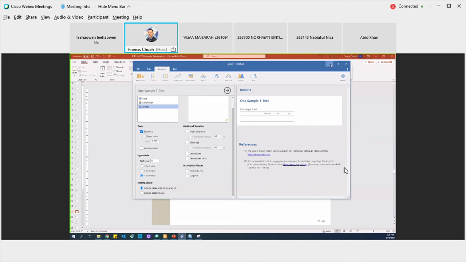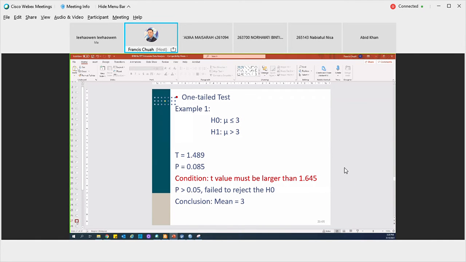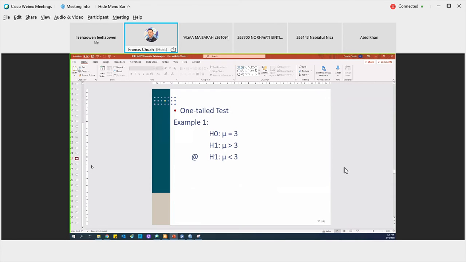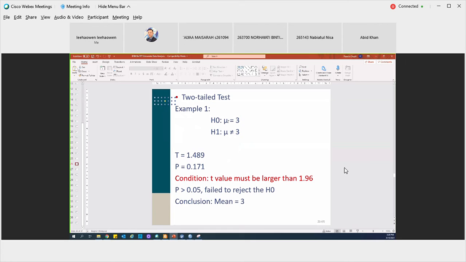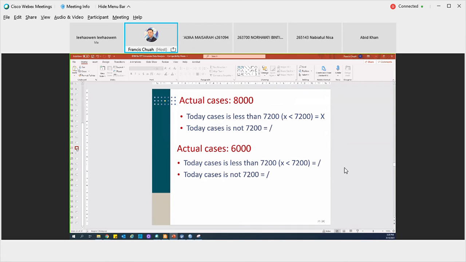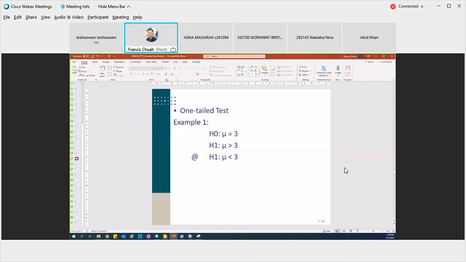But if you go for a two-tail analysis, it will be rather straightforward. Okay, it's either 3 or not 3. So what happened here is that, okay, if you plot these results in terms of a graph, this is what you think, 3 is here. This is what you hypothesize. Okay, if you think it is 3, the mean larger than 3, that means to say it goes this side, larger than 3. Okay? If it's lesser than 3,